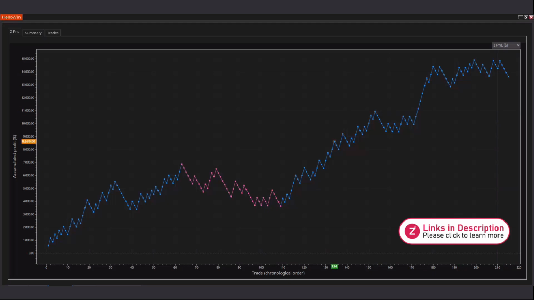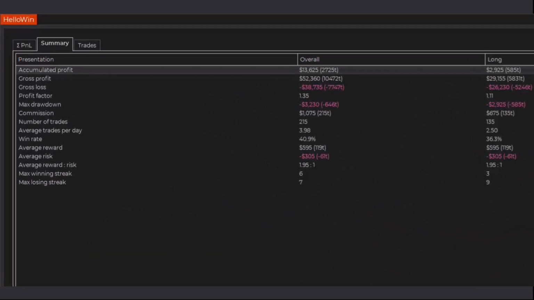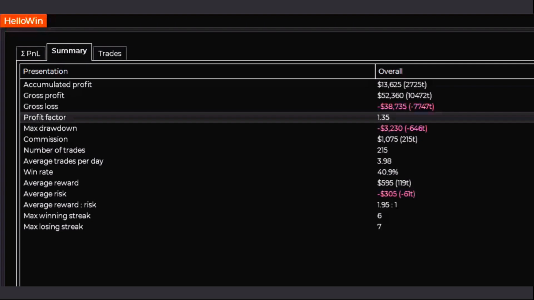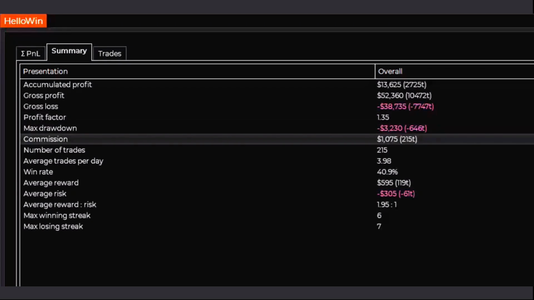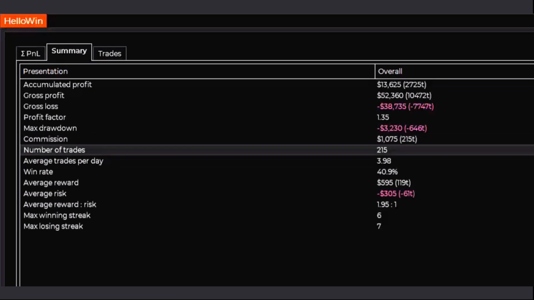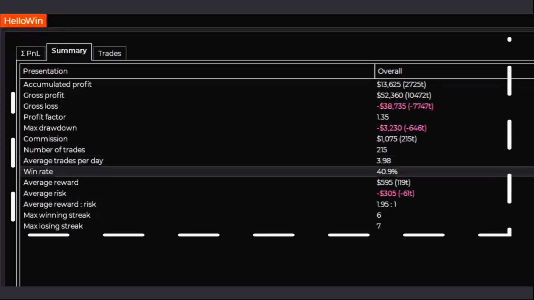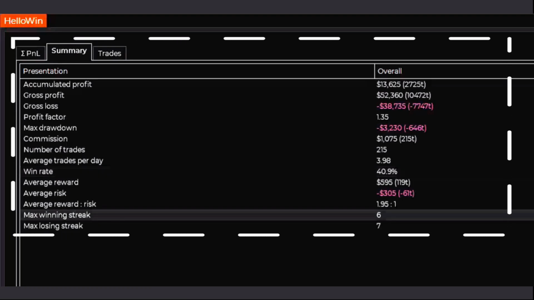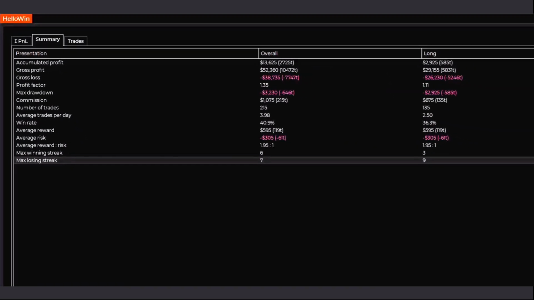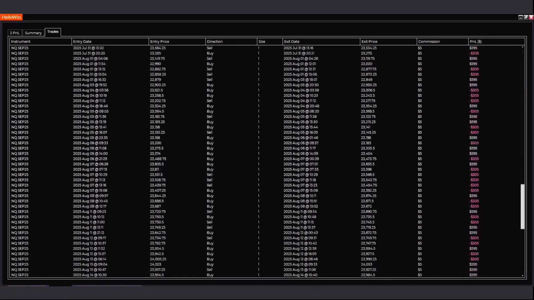The backtest results over 75 days remained stable and reliable. Total profit reached $13,000, which is about 4 times larger than the max drawdown of $3,300. This is a very encouraging ratio, showing that the strategy continues to perform well even over a longer testing period. Additionally, the profit factor was maintained at 1.35, which is quite a solid number and very respectable for a 75-day